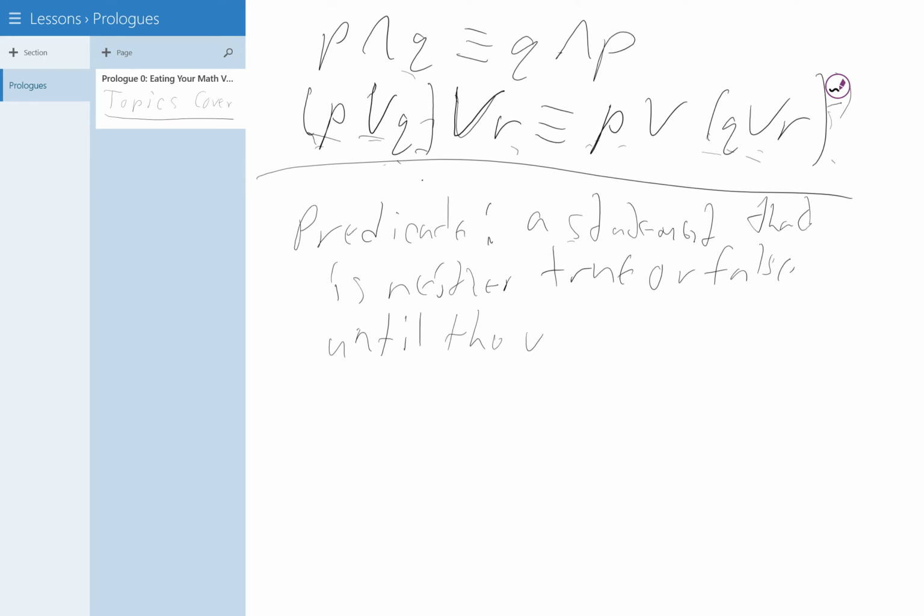This is important. So what does that mean? A predicate is a statement that is neither false nor true until the values of its variables are defined. Okay, examples